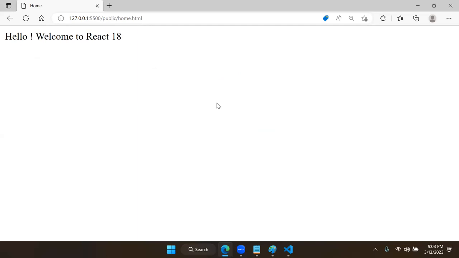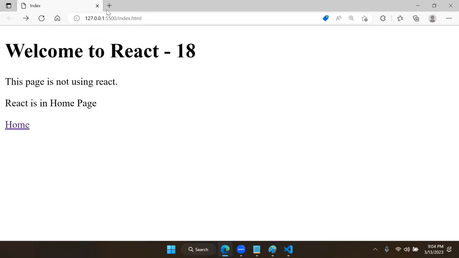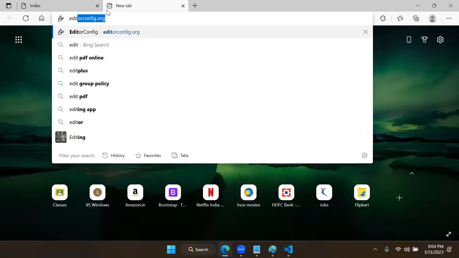No, it is a simple web application. In this application, we are using React, not everywhere again. We are using React only in the homepage. And very important, if in your browser, Edge,